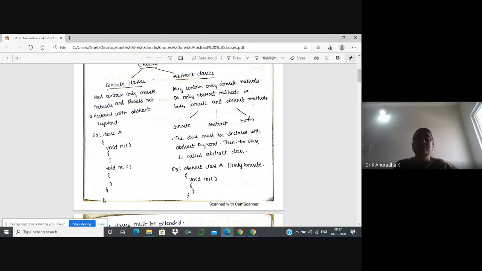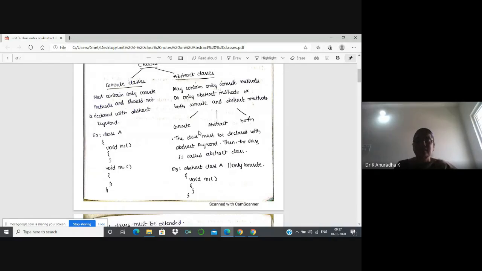Suppose if you want to write class B extends A here, that is also correct. But inheritance is not compulsory in the case of concrete classes. With a single concrete class also I can write so many programs, and with inheritance also I can explain concrete classes. With or without inheritance, we can explain the concept of concrete classes. But whereas the abstract classes must be explained with inheritance only. Without inheritance, there is no concept of abstract classes.